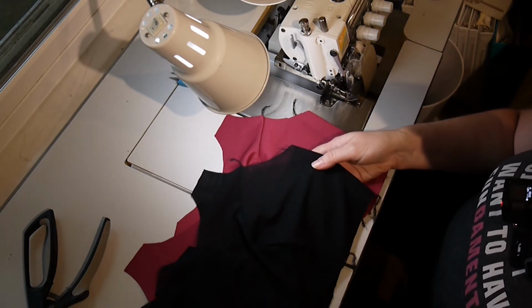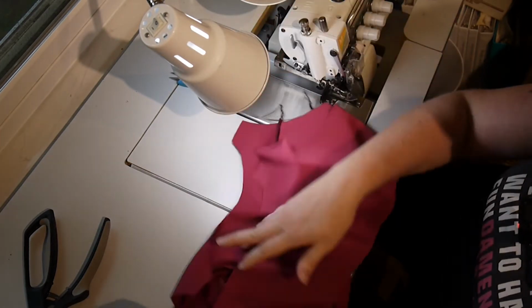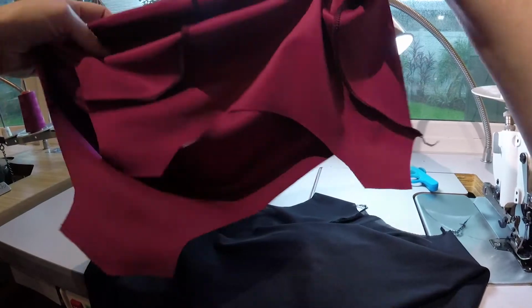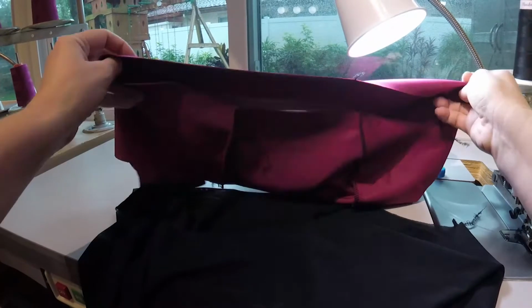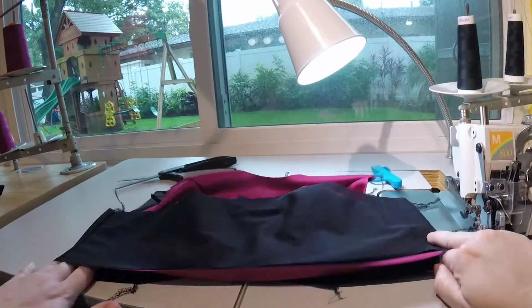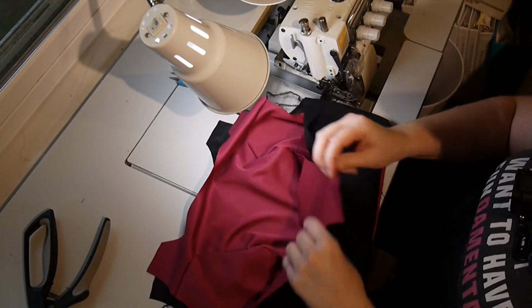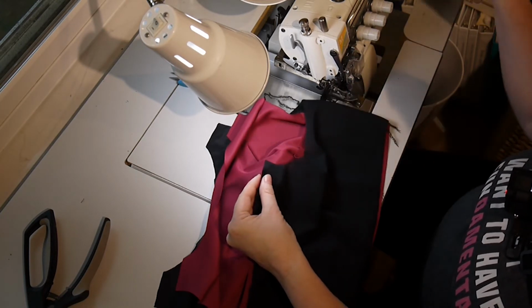So we're going to put our wrong sides together, and I want my black one to be on the outside when I'm finished. So we're going to turn the purple one inside out. It's because we're going to be attaching the elastic to the black side. So put this inside. I know it looks a little confusing for a second. Just want to get them roughly inside each other like that. There we go. And then make sure that all right sides are showing. And this will give us a clean finish